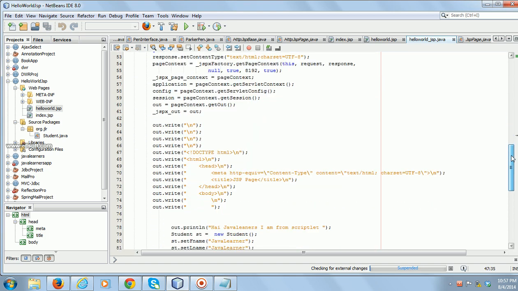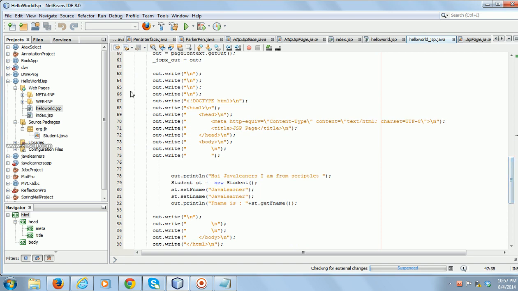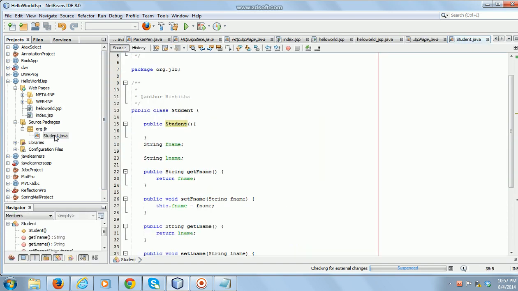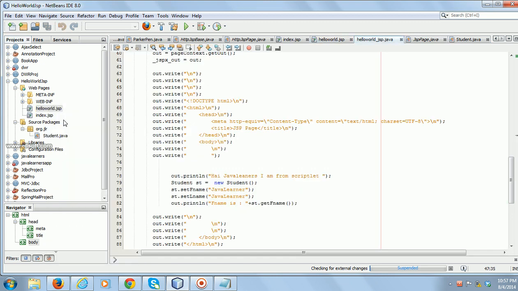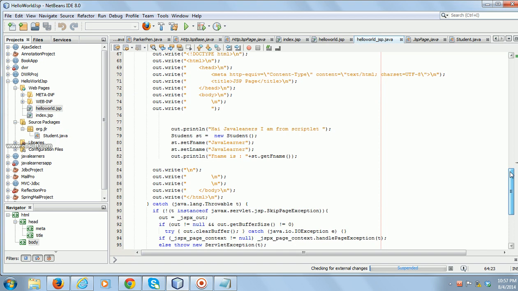All the things that I have written using out.println will come here. Can you see the HTML content and the content you have written?